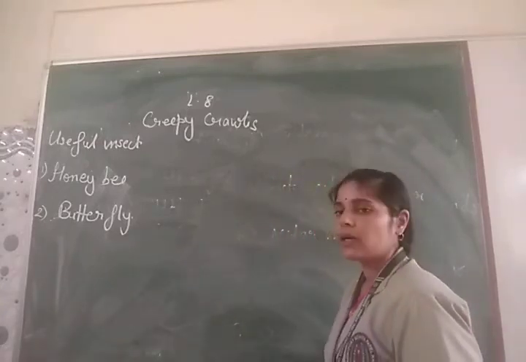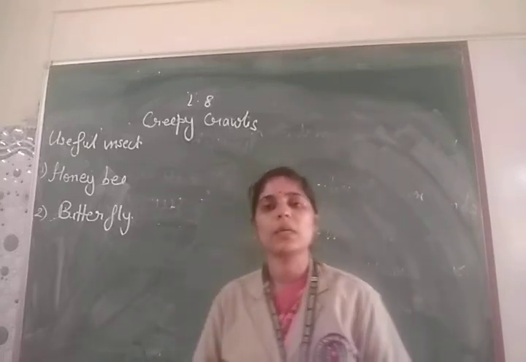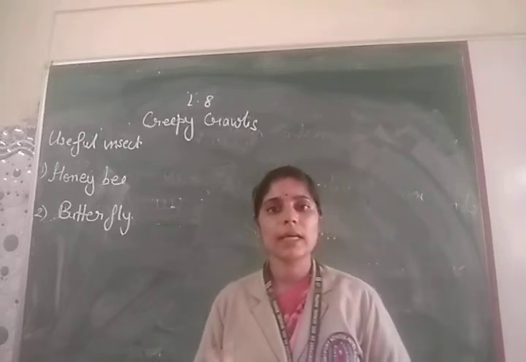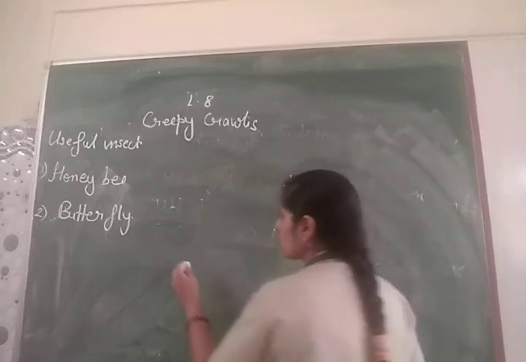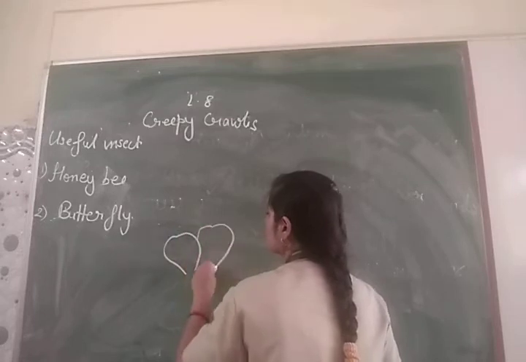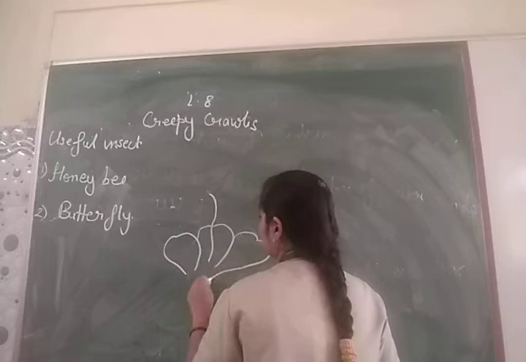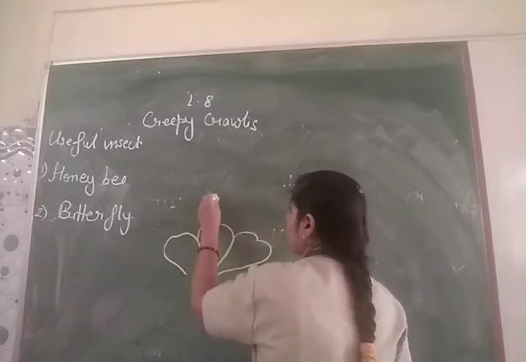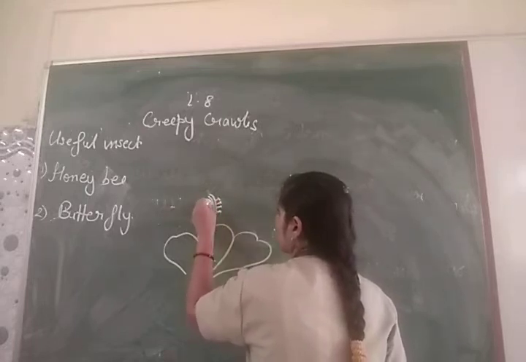Now, if I am talking about pollen grains, these are the small yellow particles which are present in the flower. You might have seen a hibiscus flower, which is a common red-colored flower. Suppose this is your hibiscus flower, you have a tube like this, and here you can see small yellow grains.